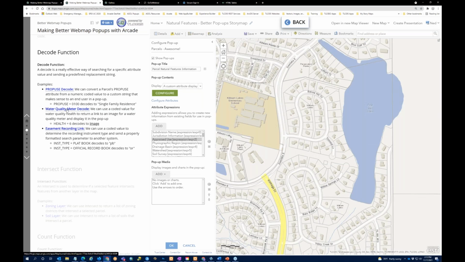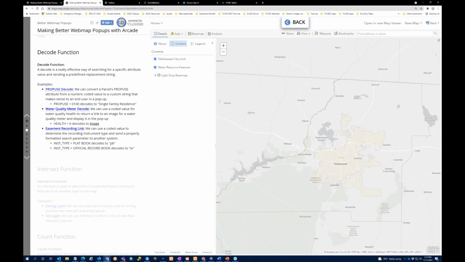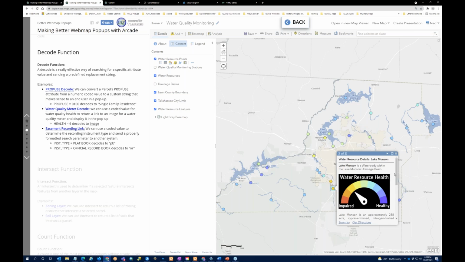So let's go down to the next one. And this one is a water quality map. I worked with the Public Works Department on this, and every one of the dots in this map represents a water feature that they are currently monitoring the water quality in. And in this one, I'm using an